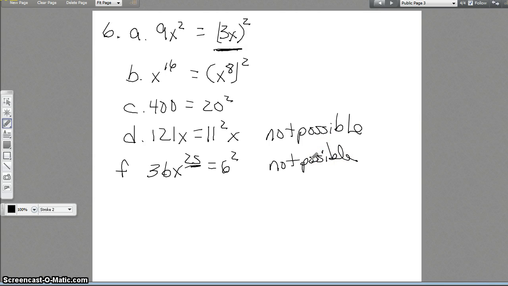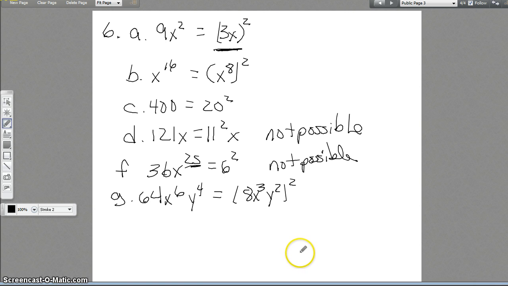Okay, let's do one more. We have part G, 64, x to the 6th, y to the 4th. Okay, so how would we write the number as a square? Well, that would be an 8. We're going to put this in parentheses and square it. To get the x to the 6th, we're going to have to raise the x to some power. What times 2 makes 6? That would be 3. Now we need to do our y. What times 2 is equal to 4? That would be a 2. So 8x cubed y squared, when we square all of that, will give us 64x to the 6th, y to